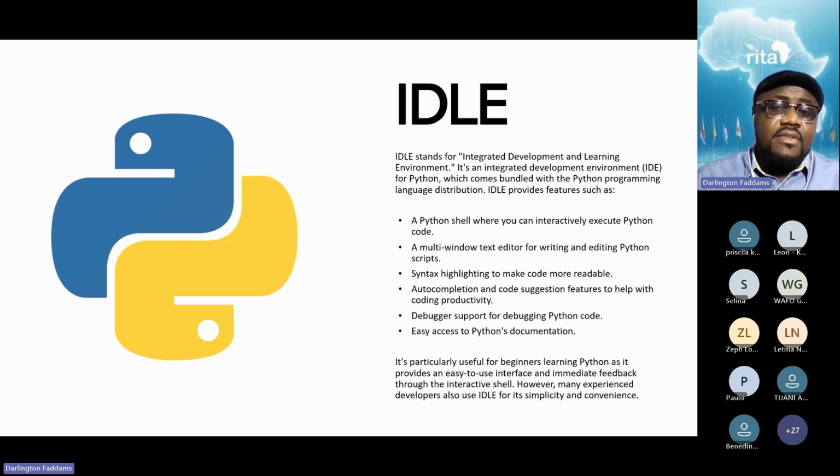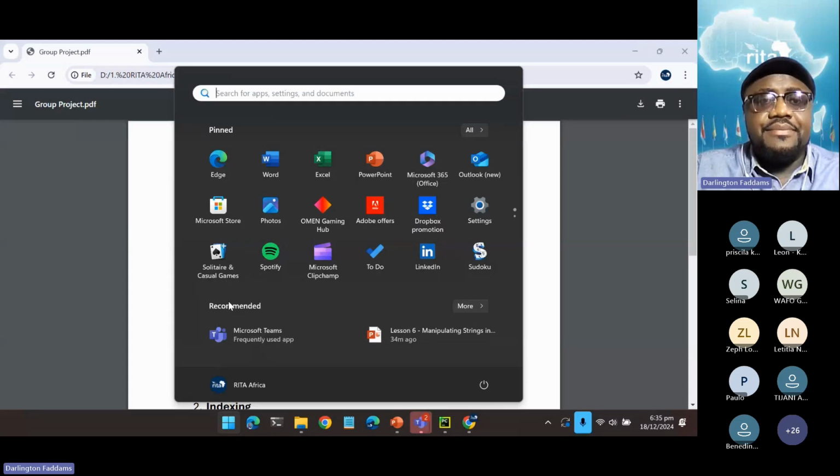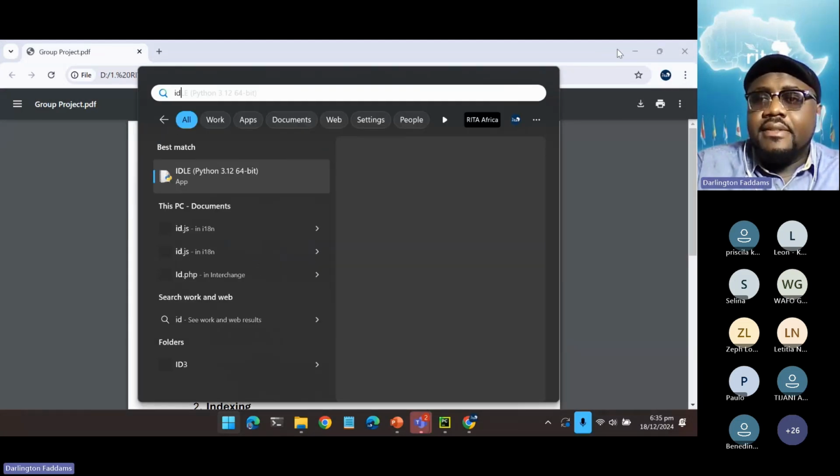Now, this IDLE is not just an IDE, although it is an IDE for Python. It is a learning environment, and it comes bundled with Python installation. So once you install Python, you should have your IDLE with you. And it's a very, very simple program. Let me open it and let's see. So once you launch your Python, or once you install Python, you should have your IDLE. So once you type IDLE here,